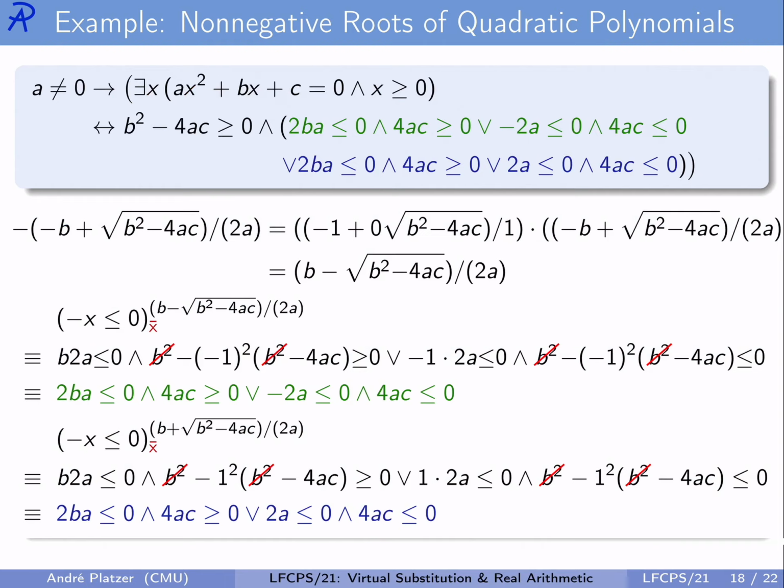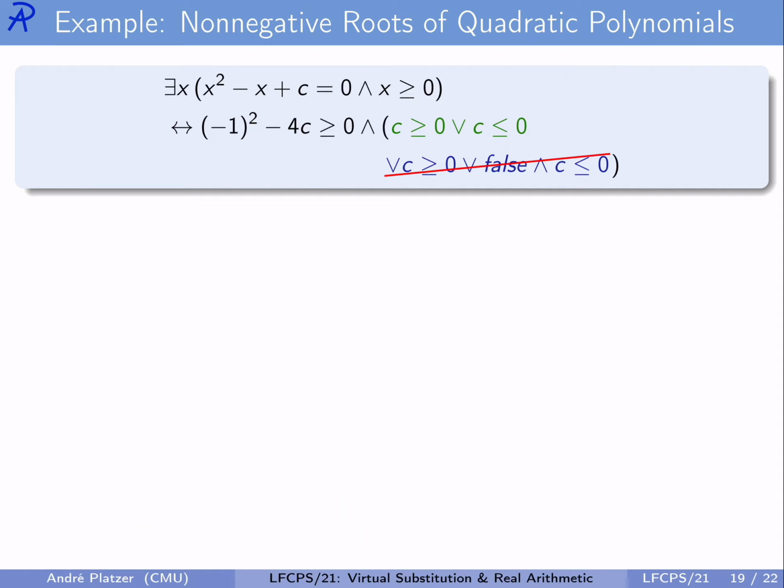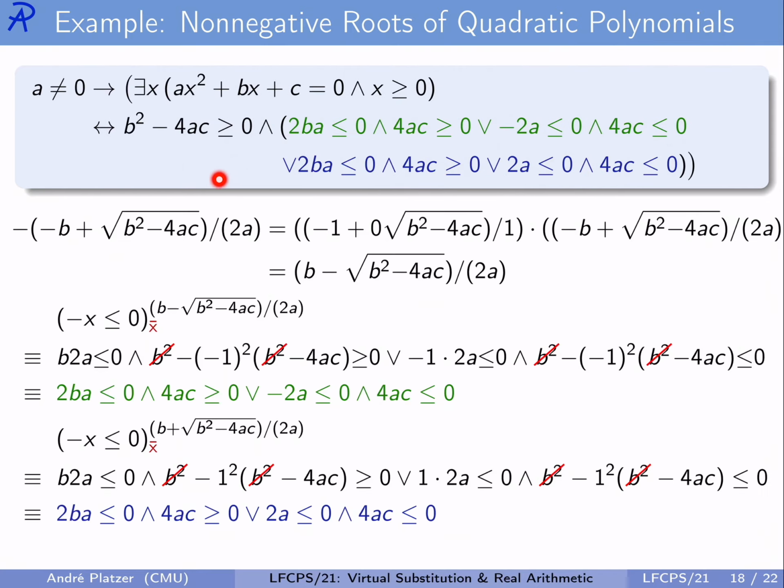For example, remember that we have already shown that for a quadratic equality, and the question, does it have a non-negative root, which is what this existential quantifier is equivalent to, this is the answer. Okay, that was the computation symbolically that we've done last time. Let's just simplify this by plugging in -1,